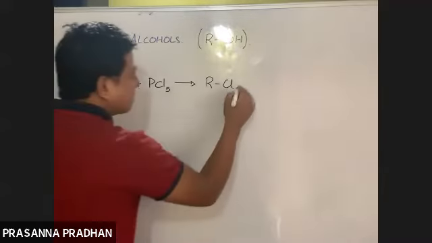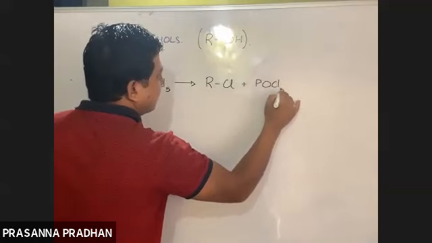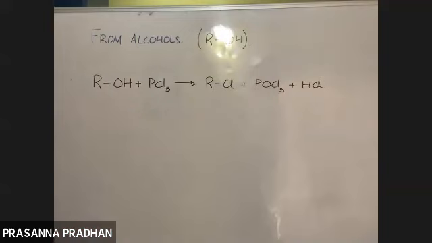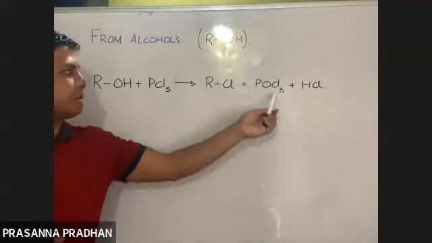And what are the other products out here? The other products will be POCl3 plus HCl, and the reaction is already balanced, right? So we need to remember the general reactions like this. Okay, so what is the reaction? Whenever an alcohol is treated with phosphorus pentachloride, the OH group gets substituted by chlorine, and the other products are